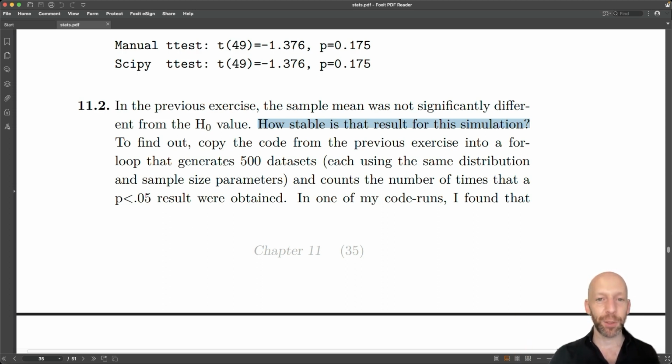Okay, so to find that out, you are going to take the code from the previous exercise and embed it into a for loop that goes over 500 iterations. So that means 500 times you are going to draw random data from an asymmetric Laplace distribution. Each sample is 50 data points. So draw a random sample of 50, compute the mean, test the mean against the null hypothesis, and record the